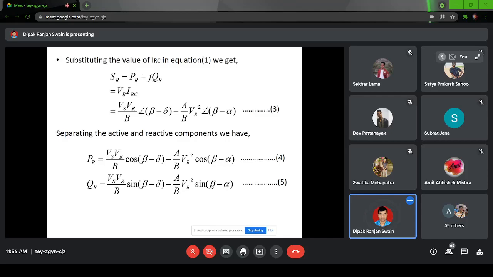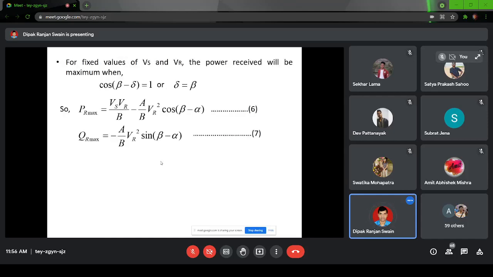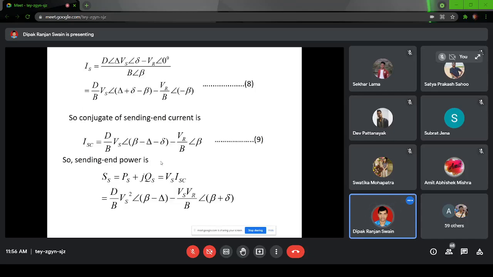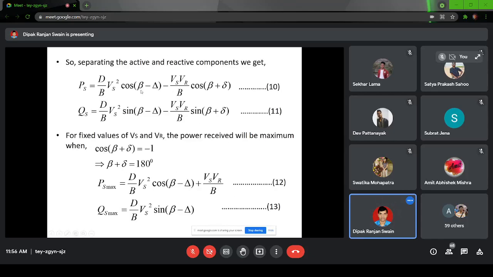You cannot change them. So what you can change is only this delta angle, which is the load angle of the sending end voltage. Therefore, the condition comes like this. Similarly, here you may ask why we are not taking the first term, because this is beta minus delta. Again, beta is for the B parameter, delta is for the D parameter. This cannot be changed. So wherever the delta term is there, that can only be altered. So here the condition of maxima is when this will be minus 1, so that it will be added and the sign in the middle portion will be positive. To get it minus, what is the condition? Beta plus delta is equal to 180 degrees.